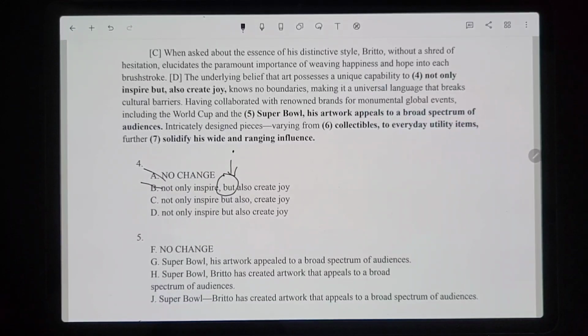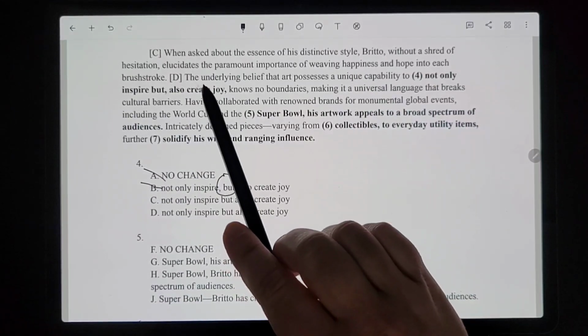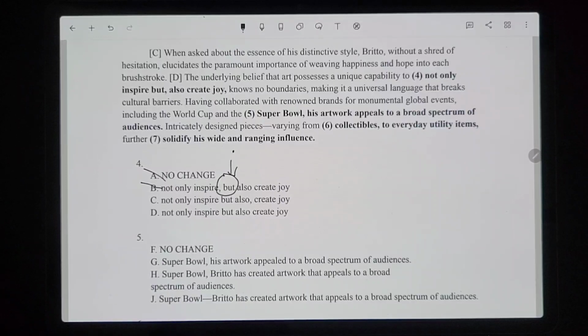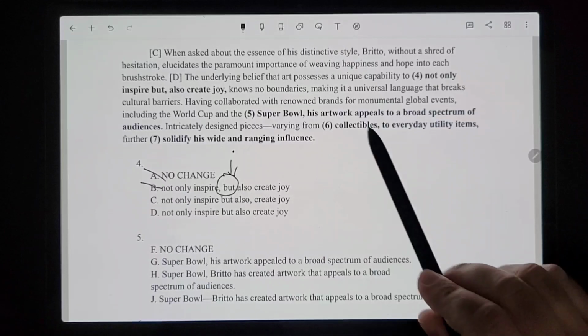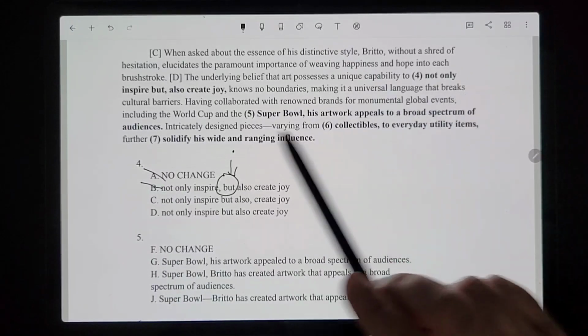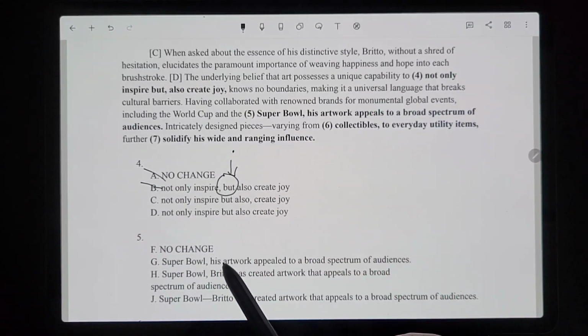Now, we have an independent clause here, which would be "the underlying belief that art possesses a unique capability to not only inspire, but also create joy, knows no boundaries." That would be the independent clause, followed by the dependent clause that starts with a verbing modifier, which would be "making it a universal language that breaks cultural barriers."